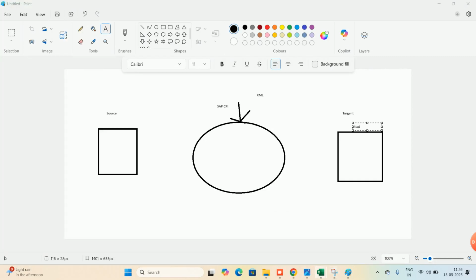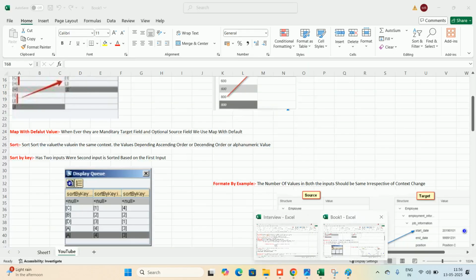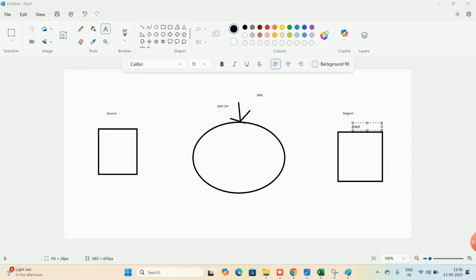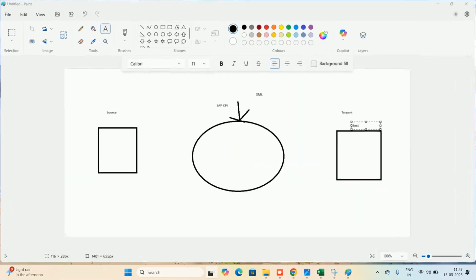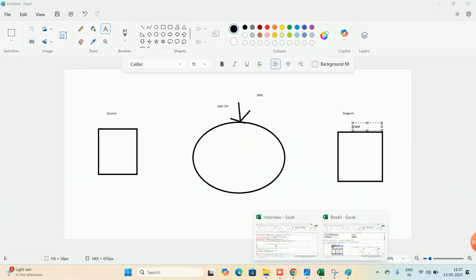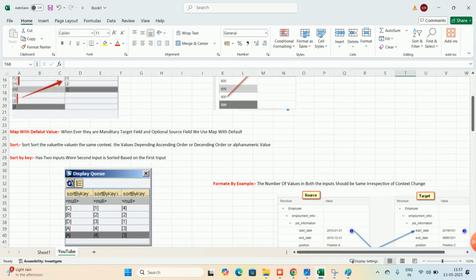Now I am going to tell with map with default value, right? What is it telling? Whenever there are mandatory target fields and optional source field, we use map with default value.